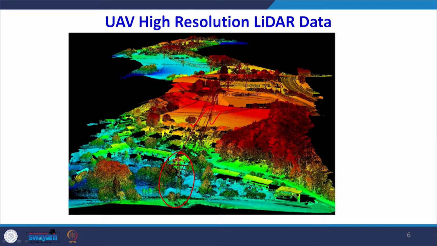Every object is shown by its true height. It is not a representative height. Location is also the true location of the object. So one can have a complete view of the landscape in the third dimension, which is not available from the normal topographical maps, and use this kind of data for infrastructure planning, project planning, monitoring, etc.